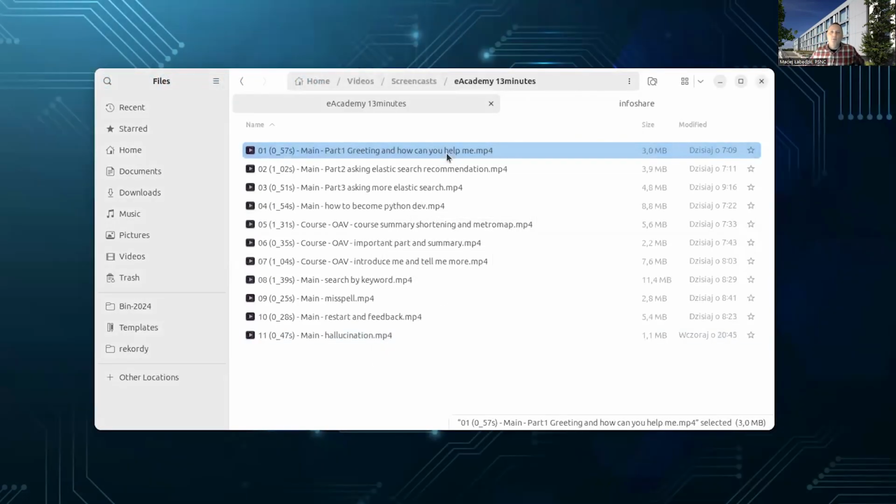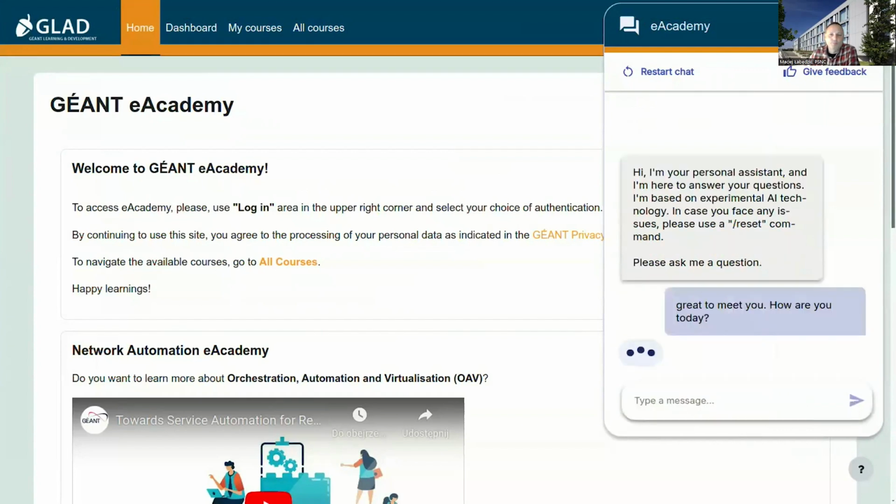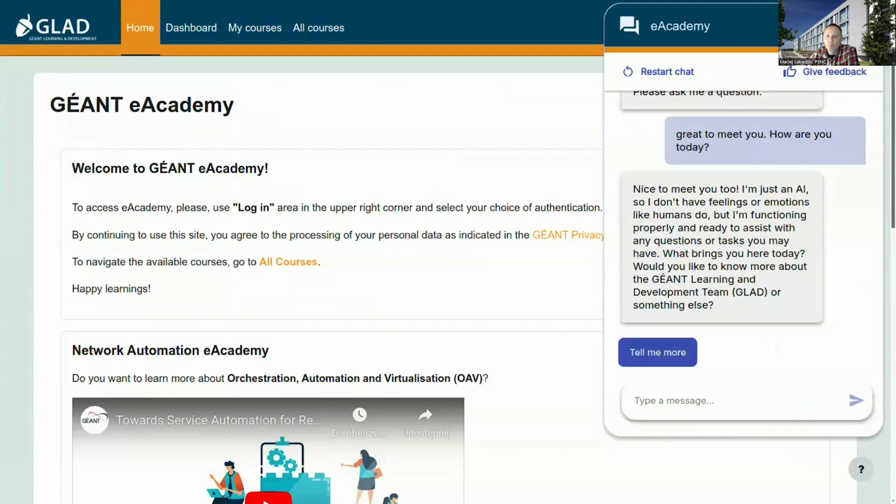Okay, so on the first movie, we can see the bot greeting the end user, and the user asking how the bot can be helpful for him.